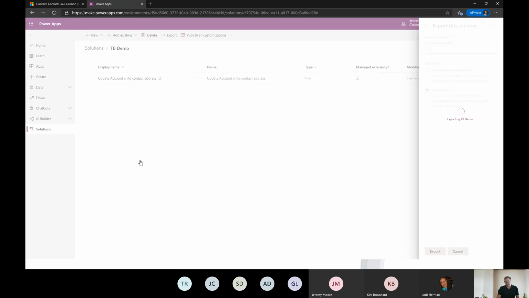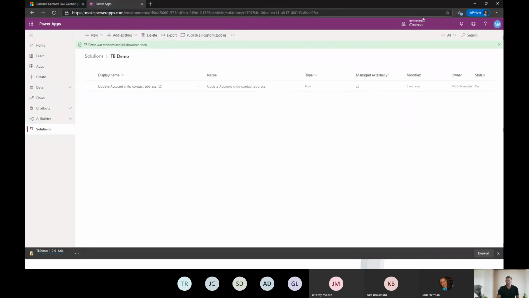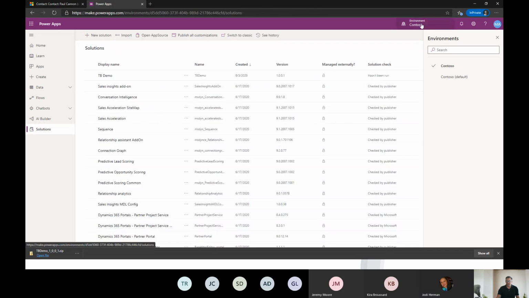You just build that flow within that solution, export it, download it, hit save, and then you would flip over to your other environment. So you can just flip over to your production environment, assuming I'm in the sandbox, but I only have one. And then you would just hit import. And then